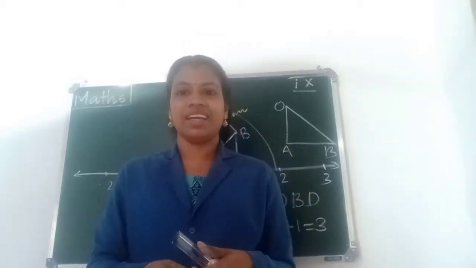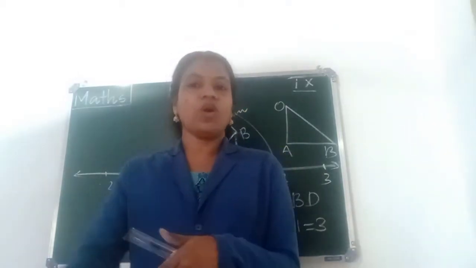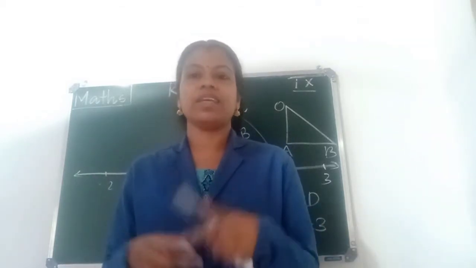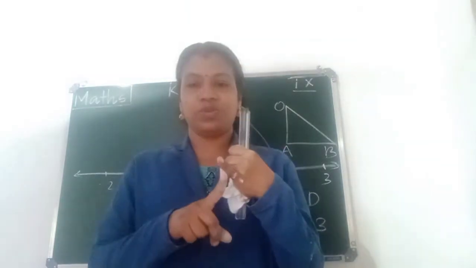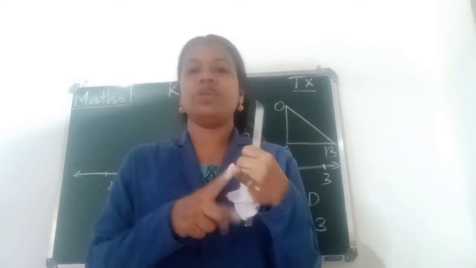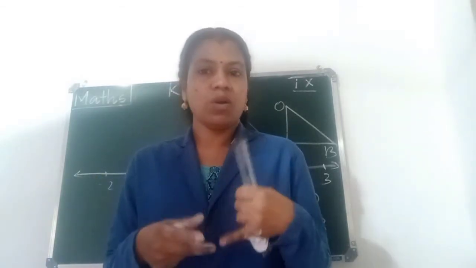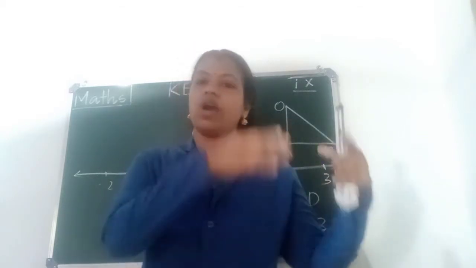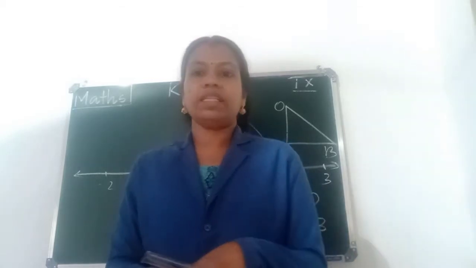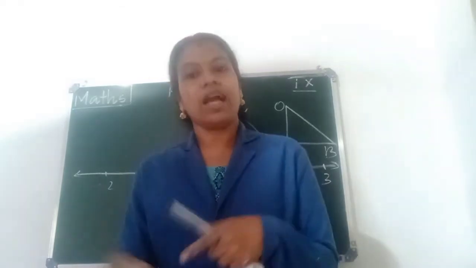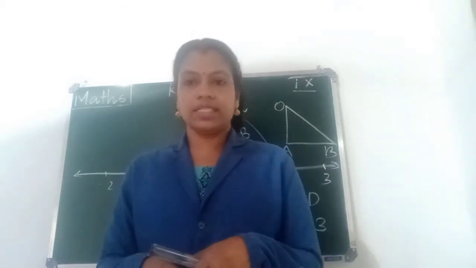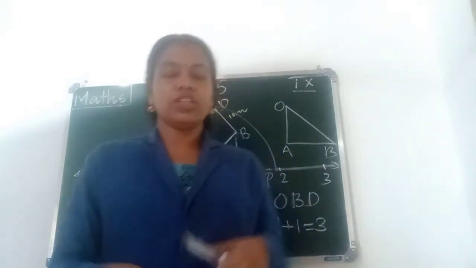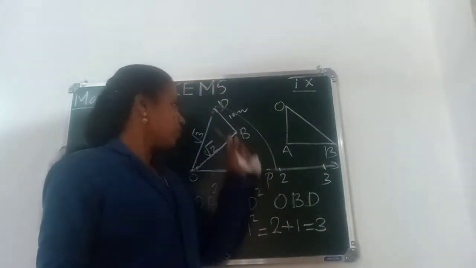from root 2. First you draw root 2, then root 3. If we need to draw root 5, what do we do? First we need to draw root 2. Then from that root 2, draw root 3. How? Just draw a perpendicular line of 1 centimeter, then join the triangle. Then apply the Pythagoras theorem. You can calculate the longest side square. So in order to draw root 5, first we need to draw root 2.